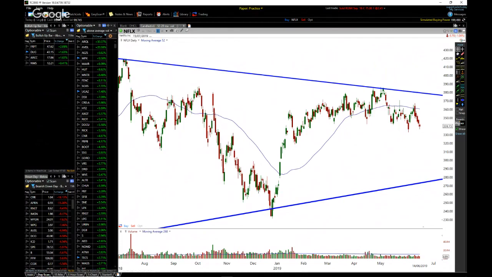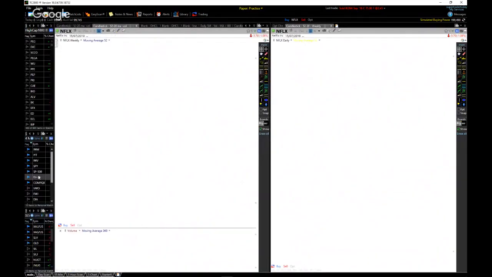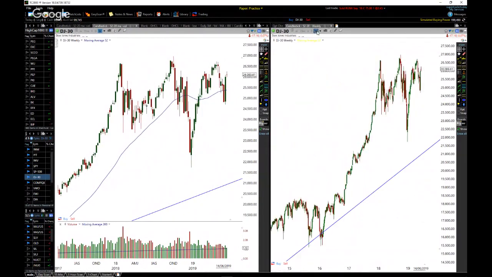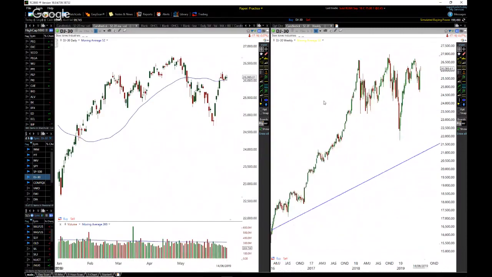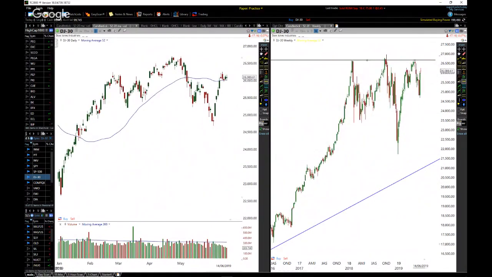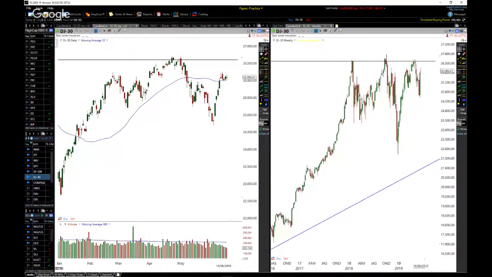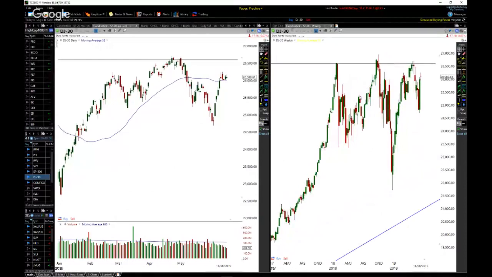Does the Dow look like a head and shoulders? Do you always have a lower right shoulder after an uptrend? No, it doesn't have to be a lower right shoulder, but I don't believe it's a head and shoulders. It's more like a triple top right now. If you look at that weekly chart here, it's more like a triple top. The reason is because these tops are pretty much even. You could call it a head and shoulders formation, but it's not. It's more like a triple top, which could still be a topping pattern.